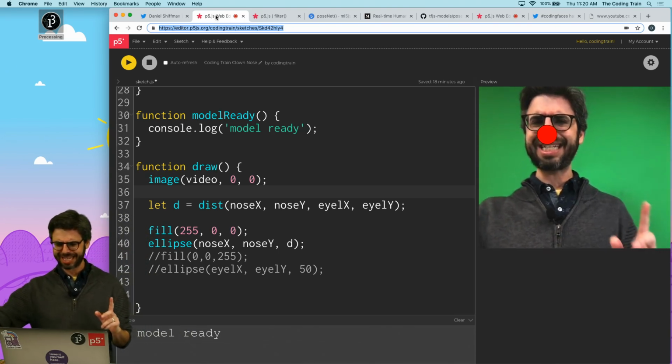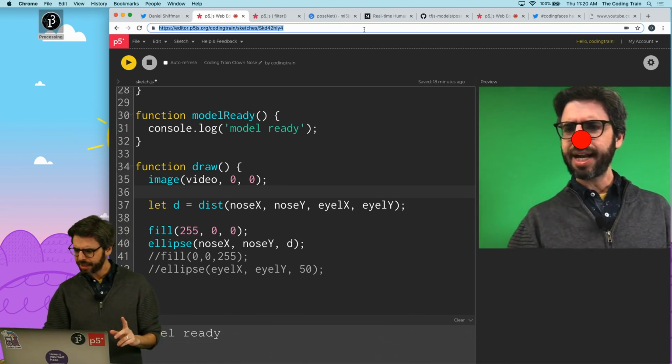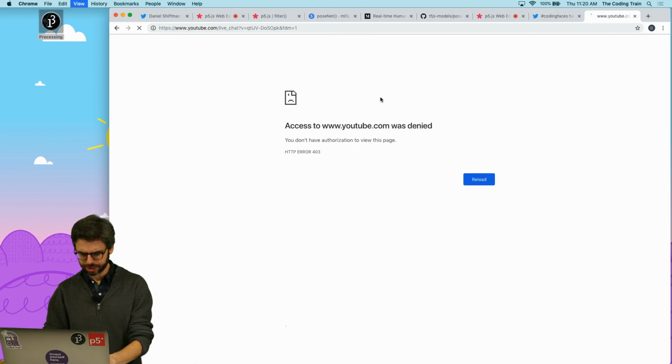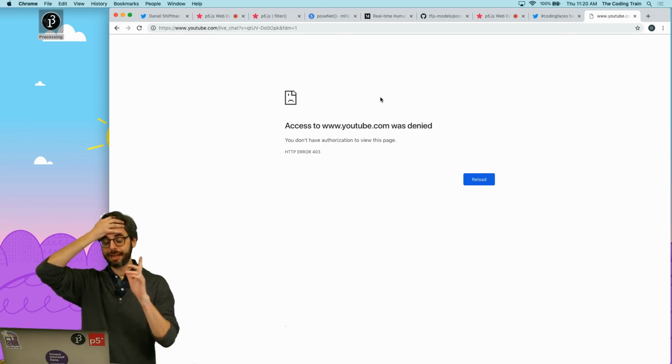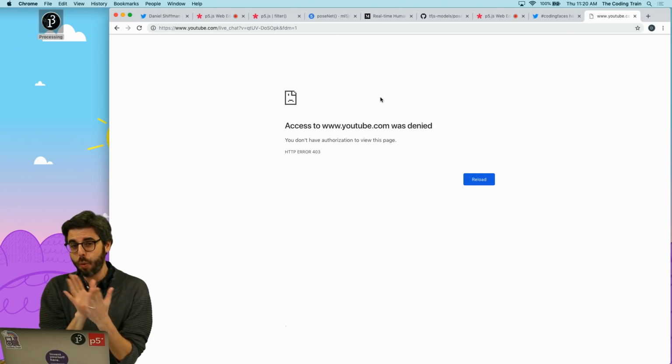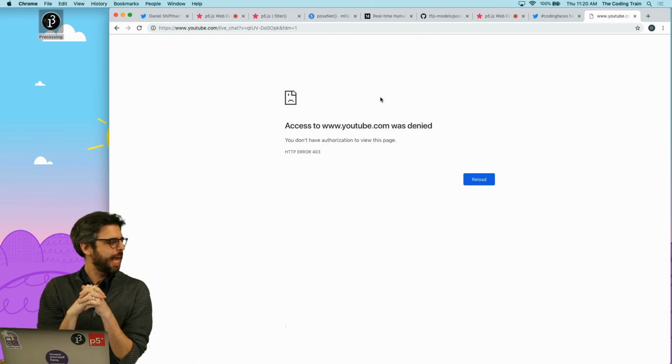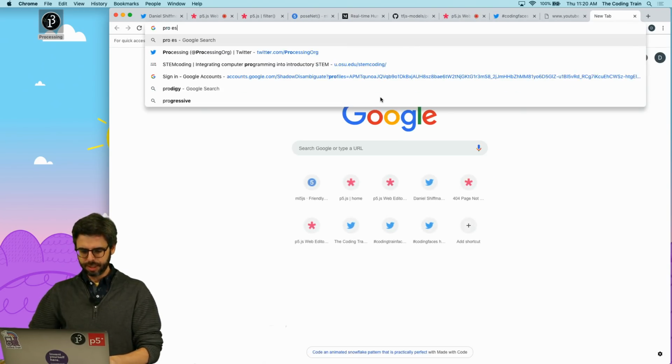So one thing I want to test here, and I don't know why this isn't working. Well, let me try refreshing this again. All right, so I'm planning, by the way, it's probably going to be December 20th. I am planning a fundraiser for the Processing Foundation,